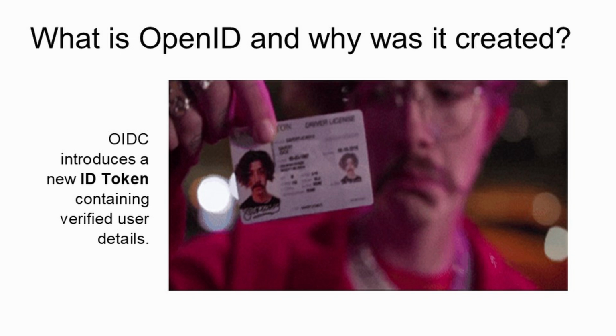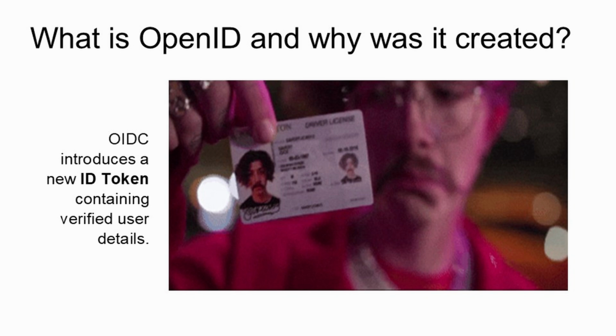Or for example, the service provider also needs user details. It wants to authenticate the user on its end as well. It does not want to just rely on the IDP. How does it do that? So we have OpenID Connect. OpenID Connect is a framework built on top of OAuth that provides an additional ID token. With the access token, it also provides an ID token that has user information, so that if the service provider wants, it can verify the user on its end, or if it wants to display a profile or use the user's email for some purpose, that can be done using the ID token.